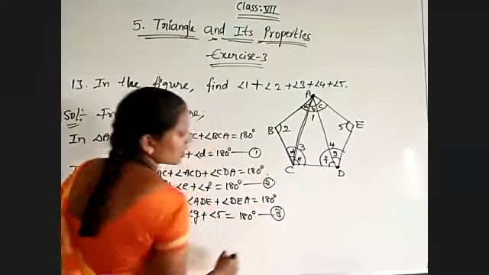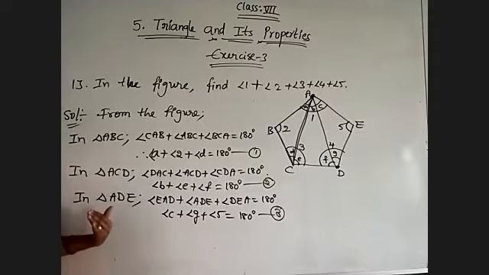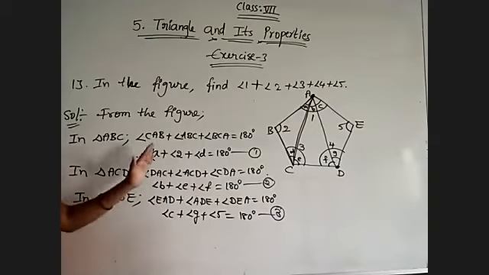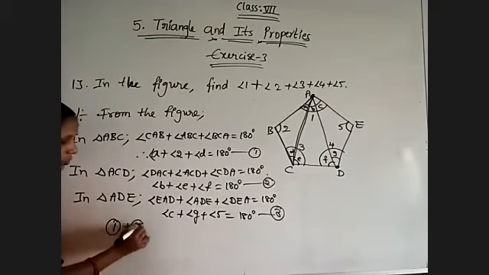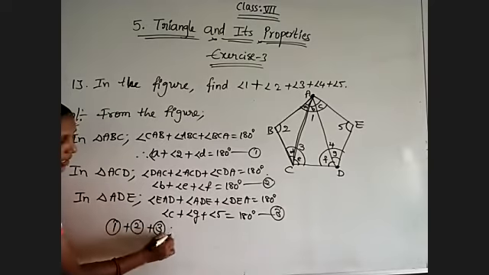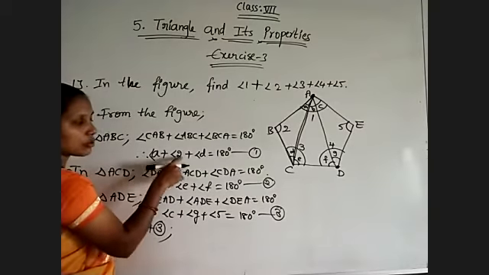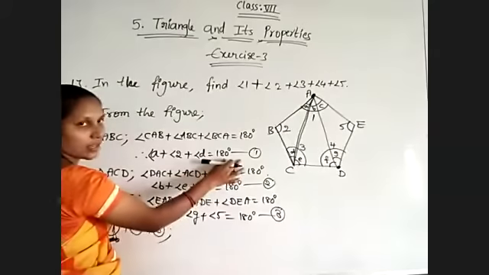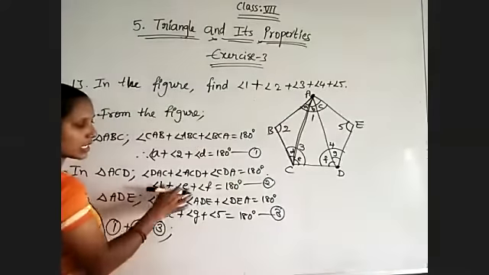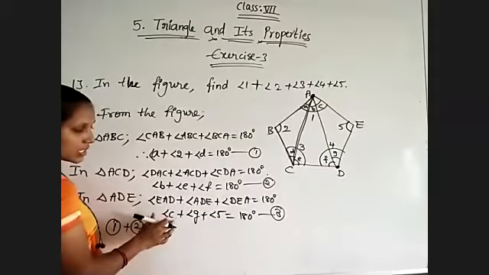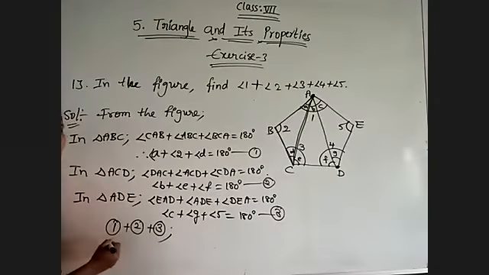Equation 3. Now what I am doing, I am adding the left sides of these 3 equations, and the right sides. And what I will get? Add equation 1 plus equation 2 plus equation 3. So the LHS is, angle A plus angle 2 plus angle D is the LHS of the first equation. And for the second equation, the LHS is B, E, F. And for the third one, C, G and angle 5. So add all those.